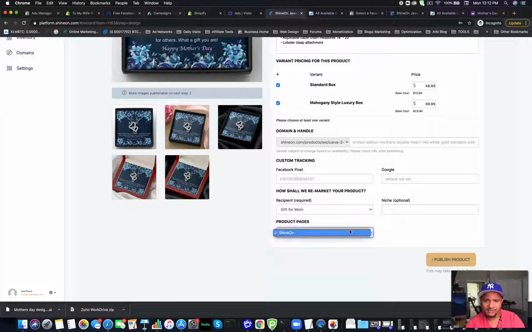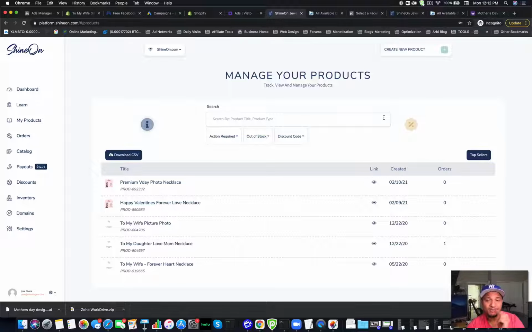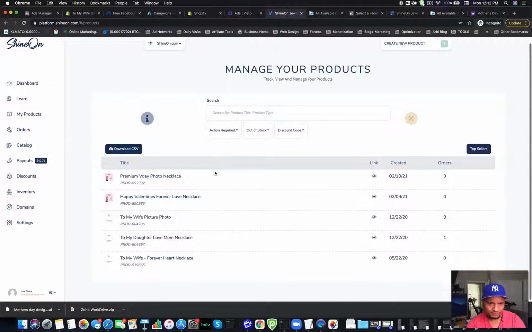then that's basically it. Now your product pages on ShineOn, or you can actually install the app on your Shopify store, which I'm also going to be doing, and the reason is because from my Shopify store, I'm going to push it over to Etsy, okay, and then sell these products on Etsy and Walmart and all types of different platforms you can sell these products on. Okay, so